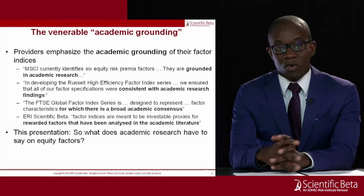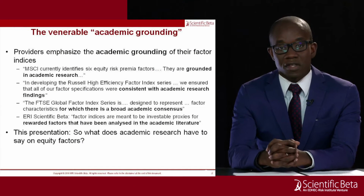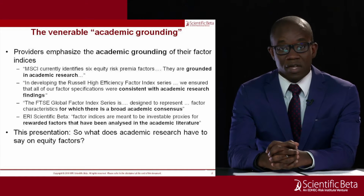Today's webinar focuses on long-term rewarded equity factors. We're going to look at what investors can learn from academic research. We have some materials for you to follow, which will help outline key points. And now if we move on to this first slide, we can see the importance of academic grounding, heavily highlighted